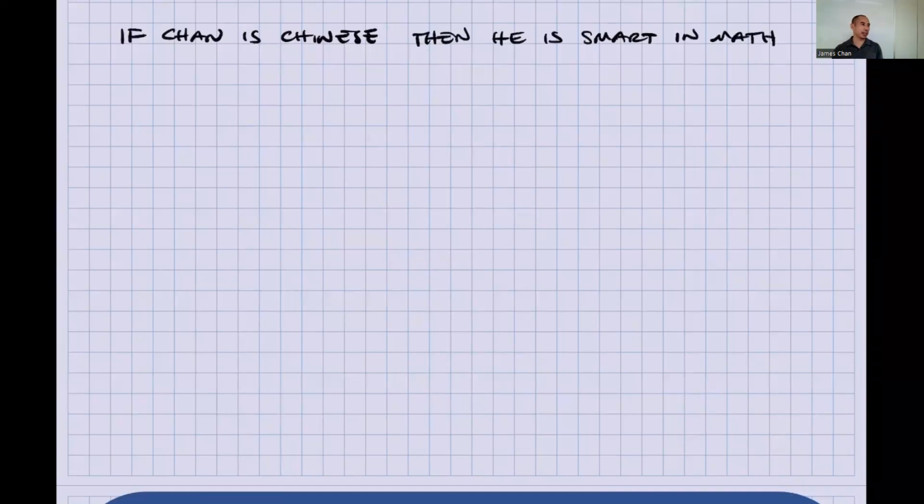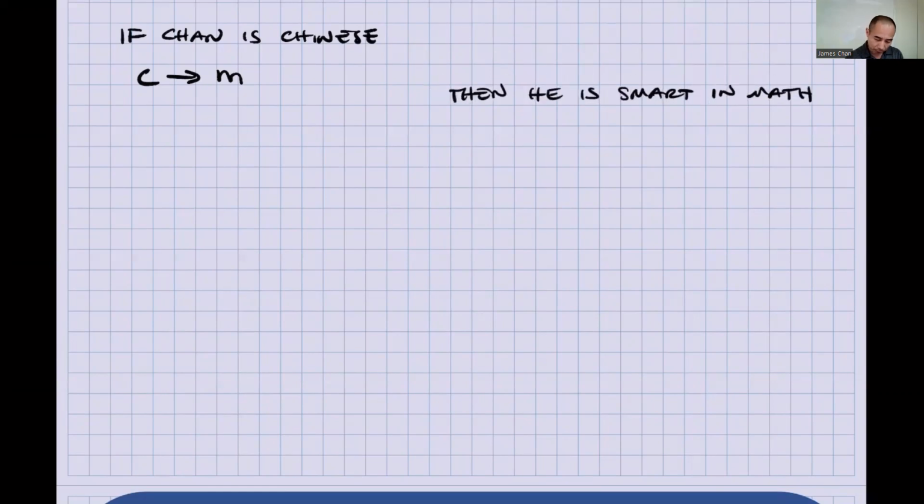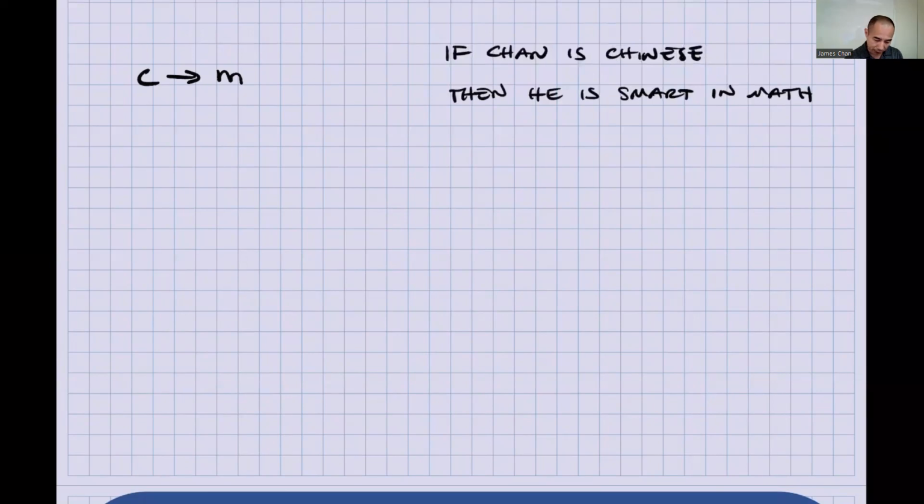So for example, if Chan is Chinese, then he's smart in math. So let's say this is C, then M, actually, right? And that is premise number 1. Premise number 2, actually, let me write it this way here. Let me do it this way, guys, sorry, so that you guys can actually see what kind of problems you're actually looking at. Okay. Let's say the second premise says